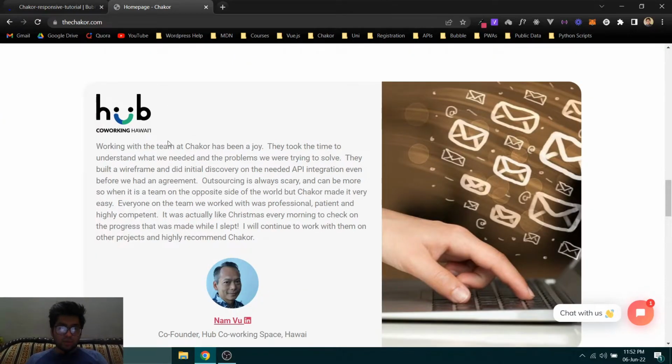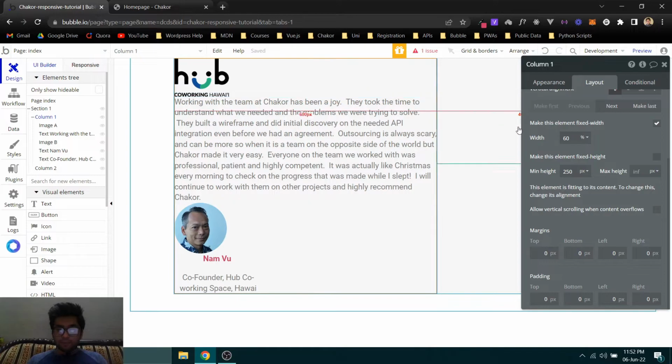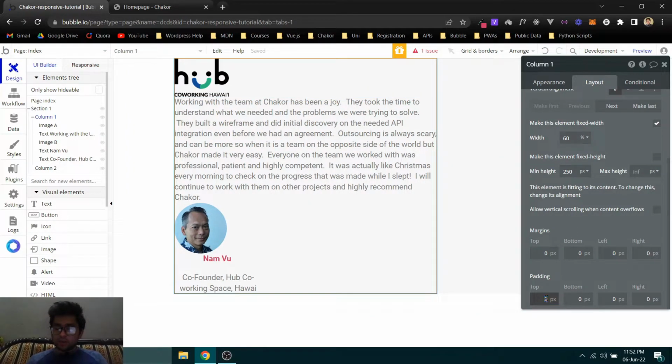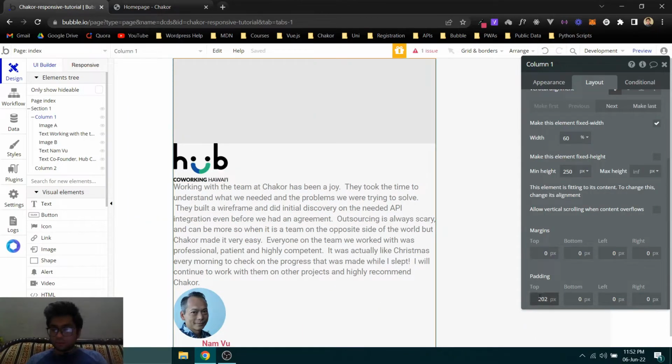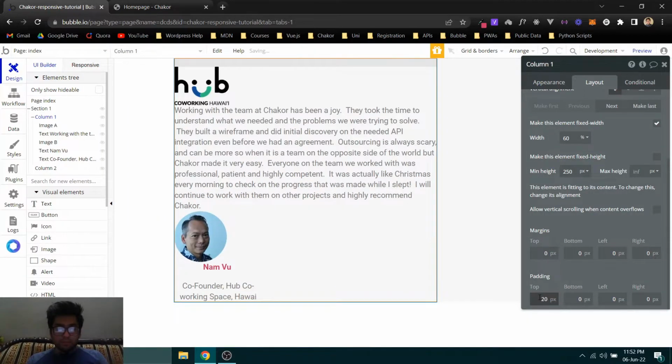As we can see, this column has the inside padding and not the outside padding. The padding which is outside of the element is called margin, and the padding which is inside of the element is called padding. So if you add some padding,